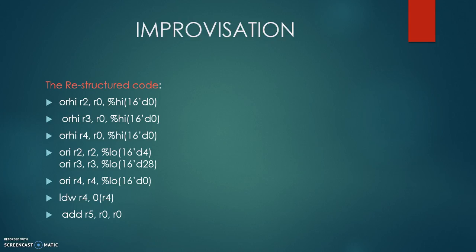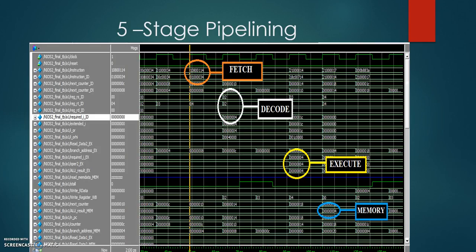To deal with this initial hazard, the technique of rearranging the code was adopted. To deal with the RAW hazard in later stages, the stall technique was used. This slide shows the screenshot of the instruction ORI, which is fetched and decoded, with R2 as the targeted register with an immediate value. The instruction here shows that